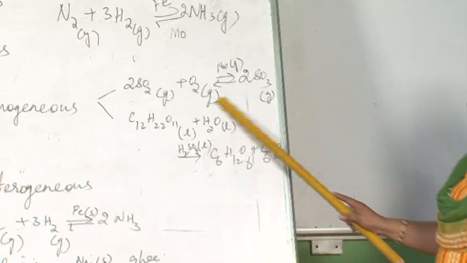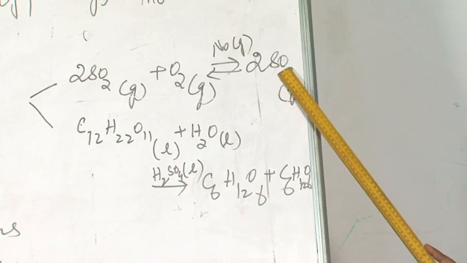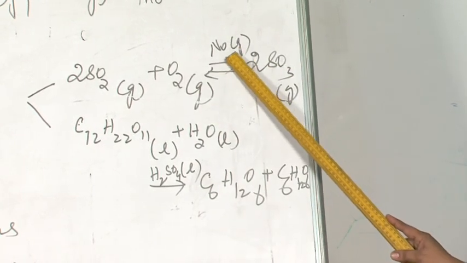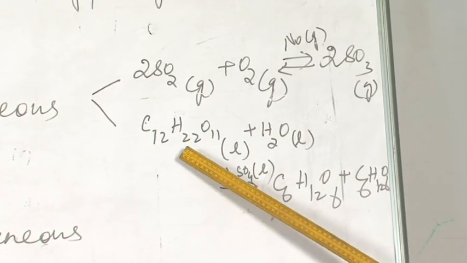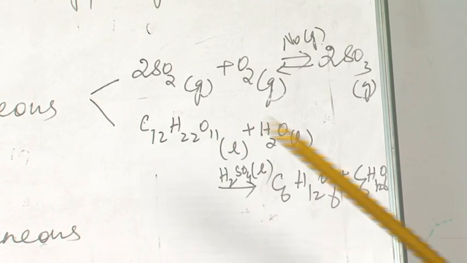This is sulfuric acid manufacture, as you all know. SO2 plus O2 giving SO3. The reactants are in gaseous phase and the catalyst NO is also in gaseous phase. Here is another very common example: sucrose, cane sugar,